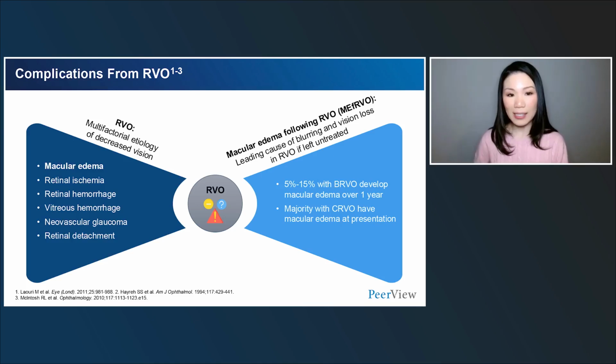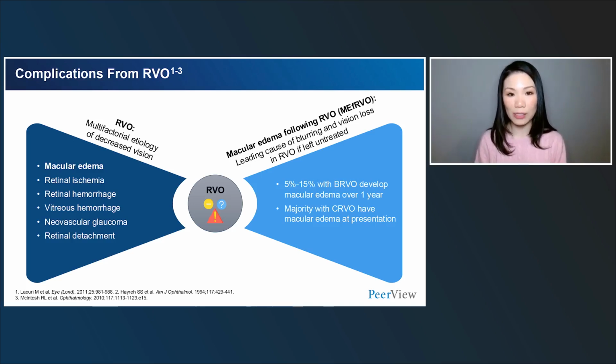And before I hand things back to Dr. Hughes, again, I just want to talk about the different ways that retinal vein occlusion can actually lead to vision loss. You can see on the left, it's not just macular edema, which is the most common. We talked about ischemia, the hemorrhage itself. And then from that ischemia, you can end up having a lot of neovascular complications, which can lead to vitreous hemorrhage,